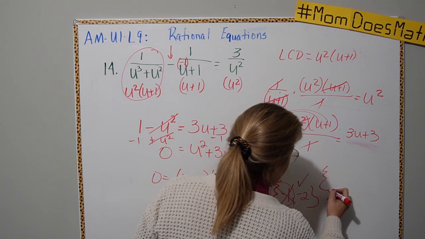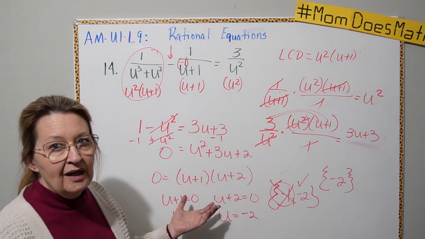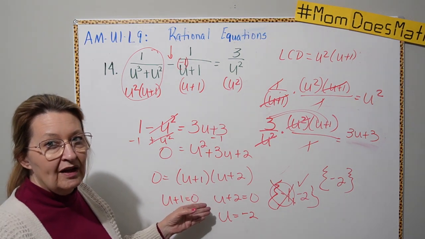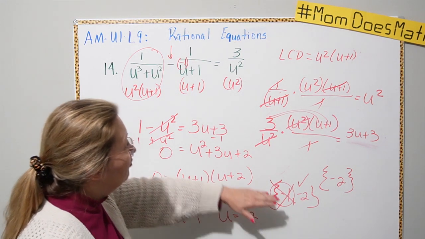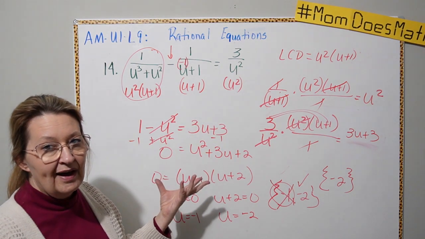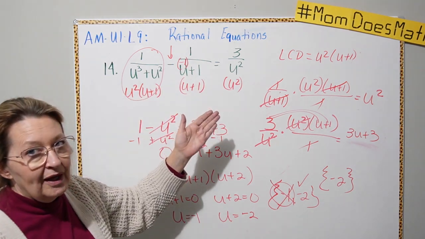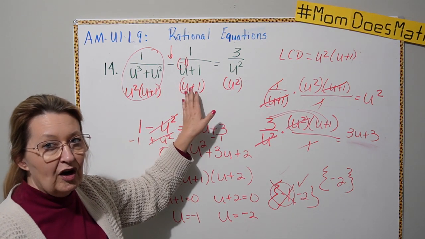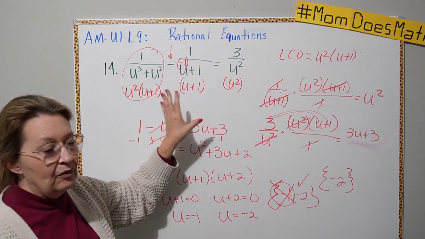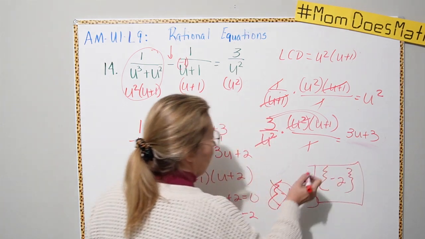And I call your attention to this because all the other ones I didn't show you where I had checked it, but I did. And like I said, when you're on your own working a problem, you need to check those. Well, anytime a number makes one of your denominators 0, that's undefined. And when you need to look for that is when you have your variable in the denominator. That's what always catches my eye. If there's a variable in my denominator, I stop and ask myself what would make that 0, because that's going to be left out. So the negative 1 does not work. The negative 2